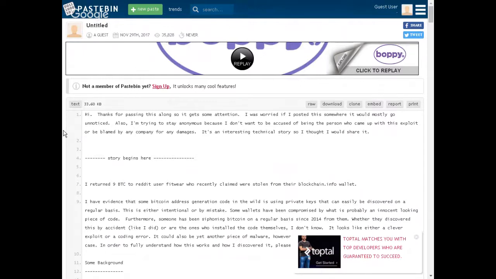And then he decided to do some more research into it and found that some wallet generators, or wallets, or some private keys are being generated based off of block transactions, or block headers, or Merkle headers. And I don't know if there are wallets out there that are intentionally generating these corrupted private keys. But he mentions